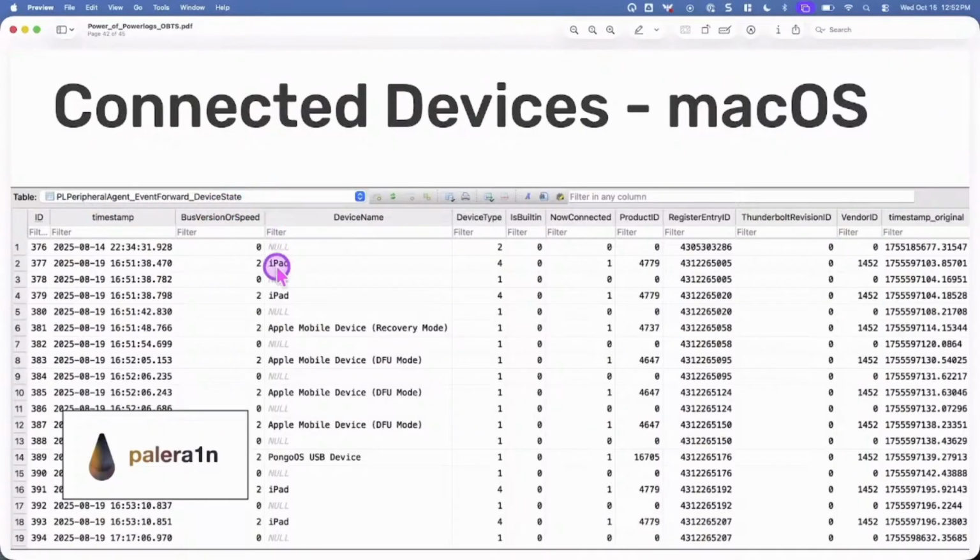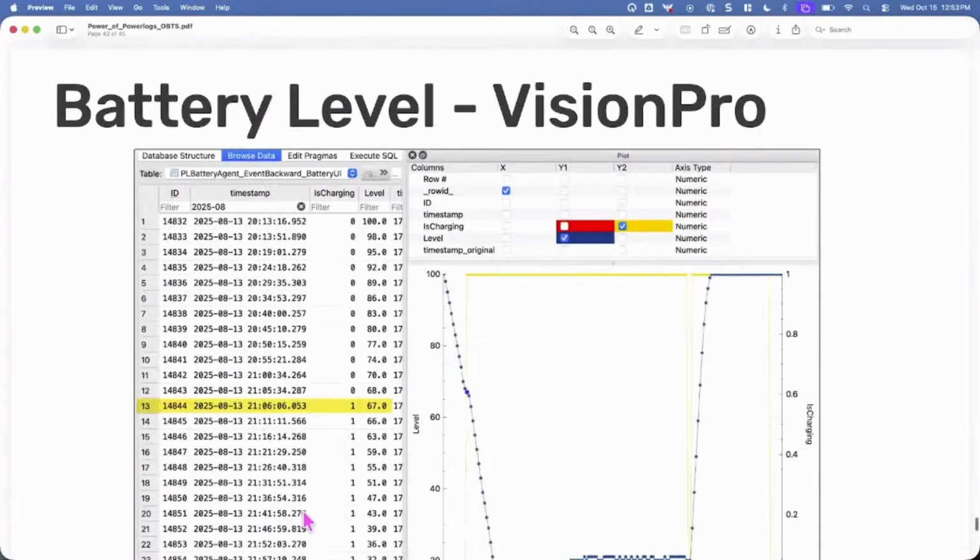So I'm connecting that to my Mac, and I'm going into DFU mode. I'm installing Palera1n, and that's what you can potentially see in there. So we see the Pongo USB device and, of course, the iPad as well. And thank you to everyone who does jailbreaks. A lot of my research comes from jailbreaks, so it's becoming a bit more difficult these days.